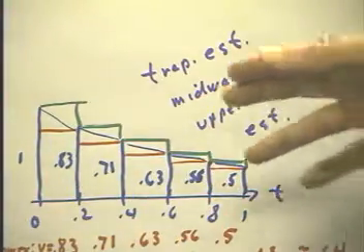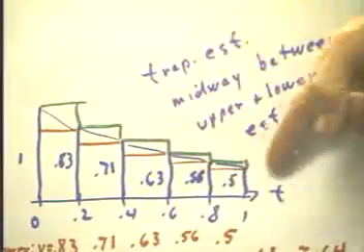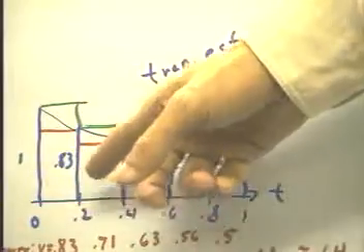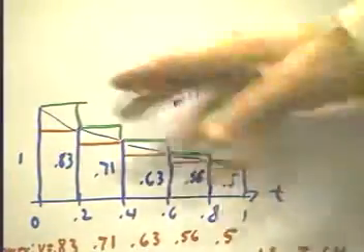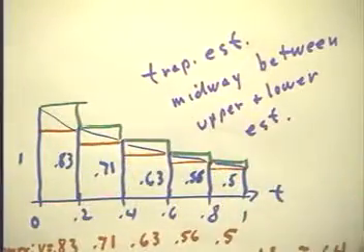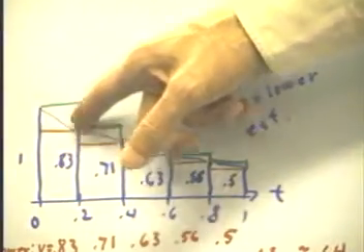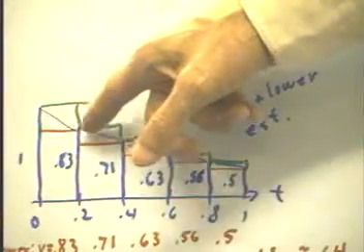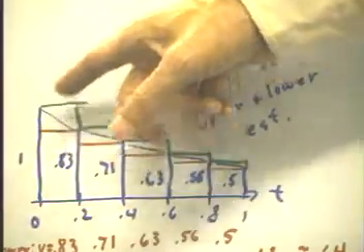We've just seen that the lower estimate of the area under the curve corresponding to these trapezoids, or these intervals, is 0.64. That's the area from the red line down. The area from the green line down is 0.74. The difference, which corresponds to the areas of these little rectangles here, bounded below by the red line and above by the green line, the total area of all those is the difference between the lower and the upper estimate,